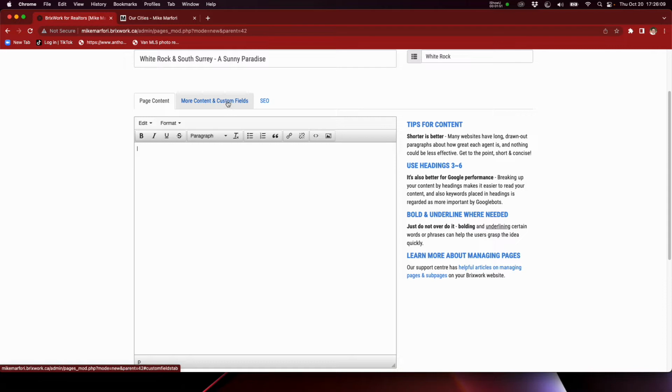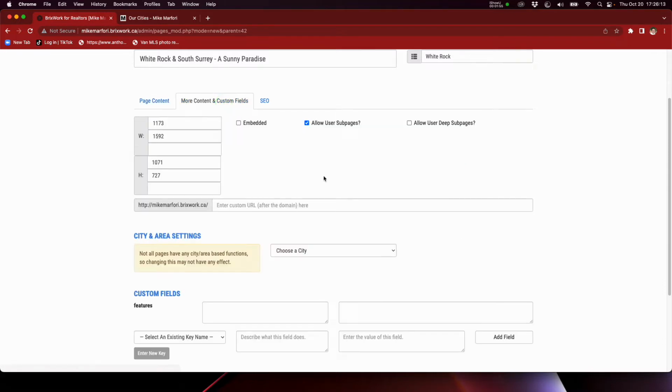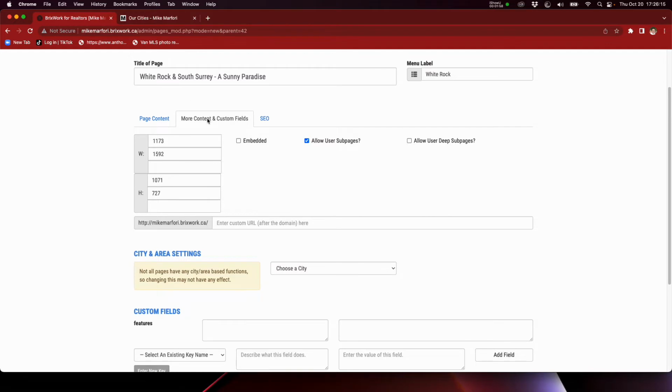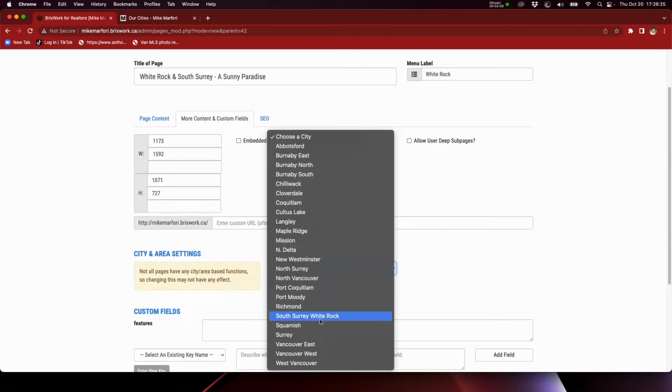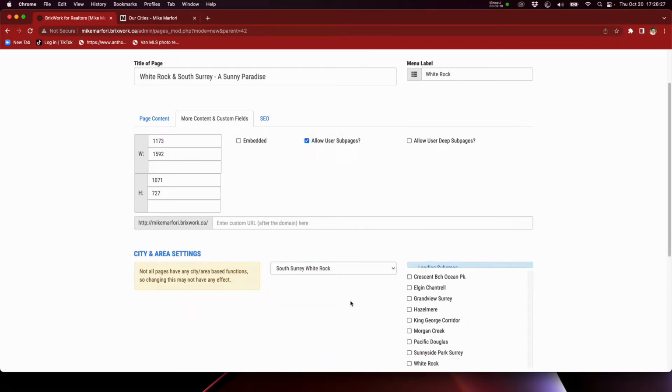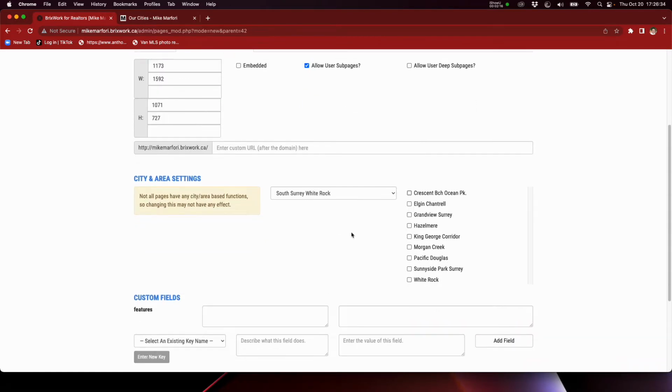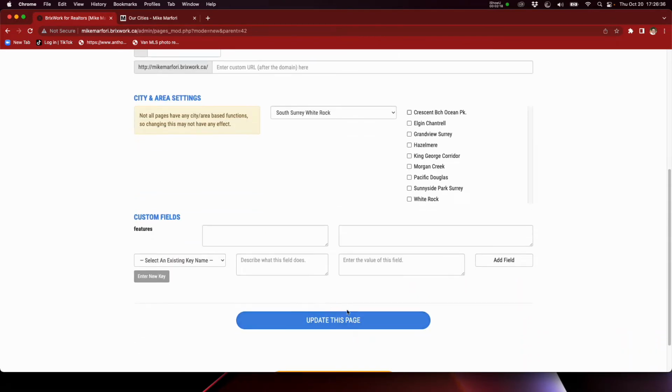But for now, let's figure out how to connect the city from the list of cities so that MLS listings and sub areas are linked up. So we're going to hit More Content, the second tab, and custom fields, and here we're going to look for the city area settings. Now here, let's look for South Surrey White Rock. There it is. Because it's a top level city, I'm not going to assign any sub areas. We want all the sub areas to be accessible under it, so let's keep it at this